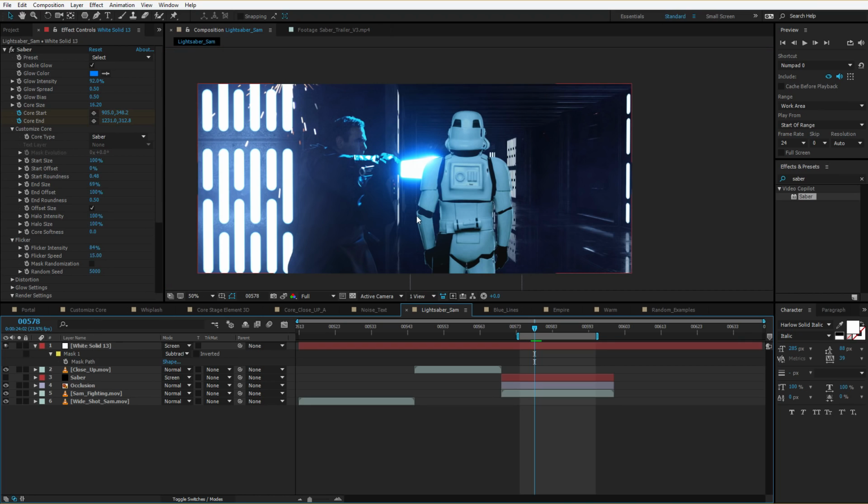So hopefully that will save you guys a lot of time when you have multiple actors fighting in a scene and you need to be able to roto out sabers in front and behind various things. I'd like to imagine that there's one guy who just finished his lightsaber fan film, and that feature just blew his mind. He spent the better part of 2 years rotoscoping out his friends, and he watched that feature,